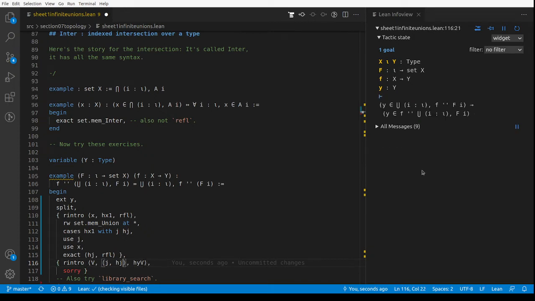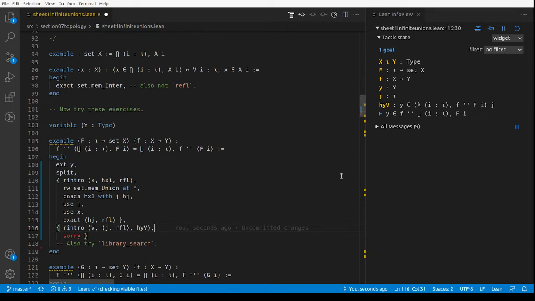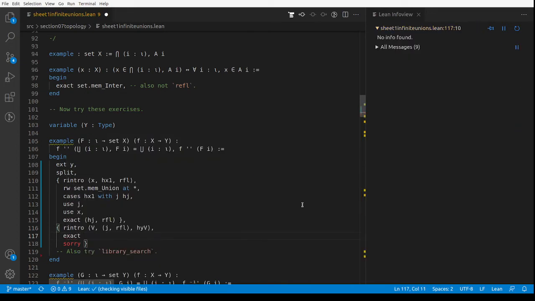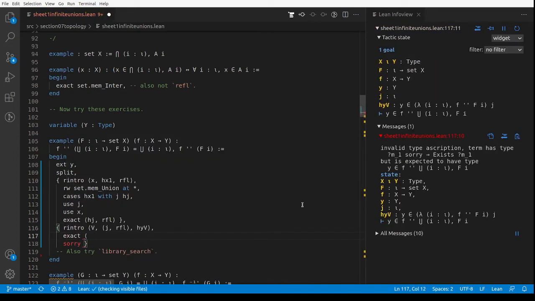I wonder if we can just do rfl. Yeah, we can, great. And now there's no V, you see, it's defined V to be f of j. And now hyv says that y is in the image of f of j, and I've got to prove that y is in the image of the union, so this is exact. So again, it's an image, so I've got to give an element of the union, and that is going to be,